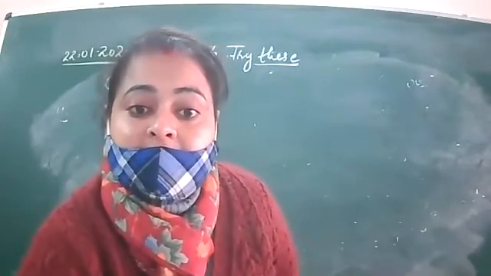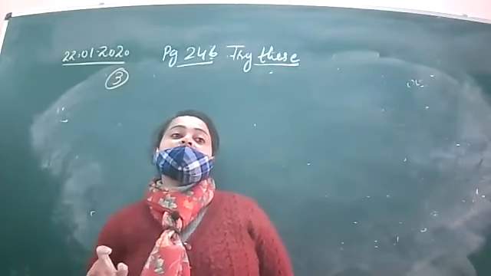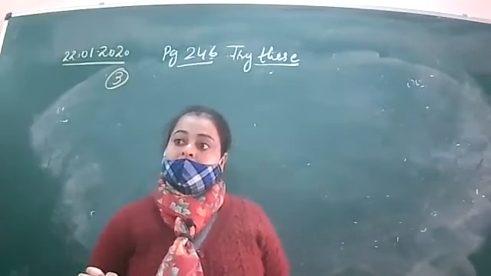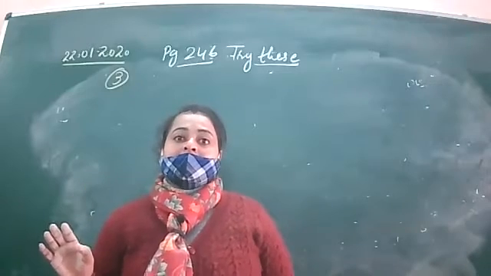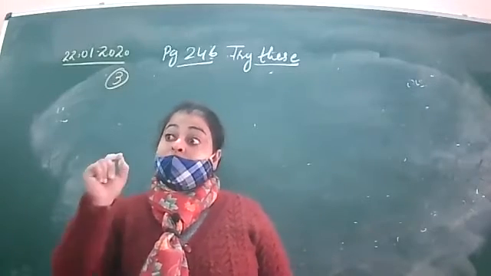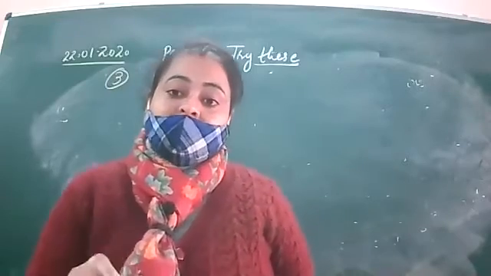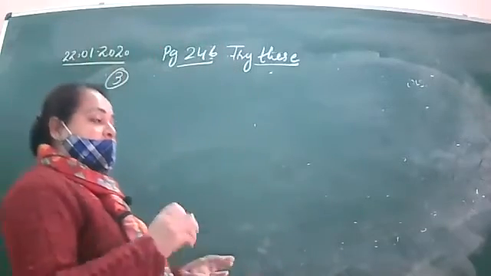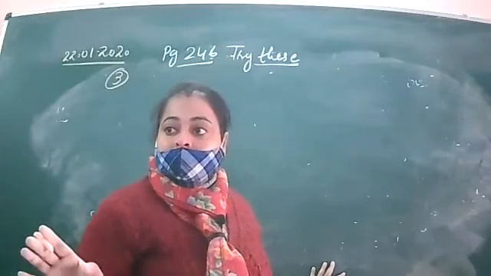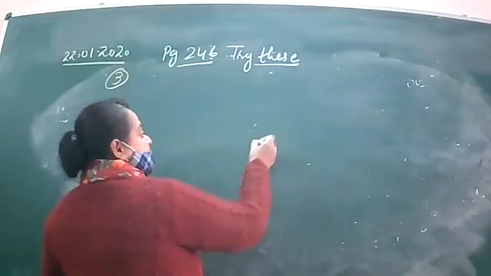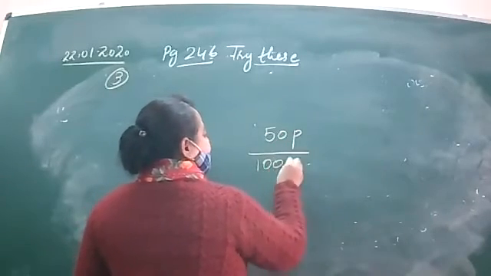In proportion, we can ignore units because proportion is based on the concept of ratio. So in ratio the cancellation of units has already happened, but in ratio you have to write the units. And very important to note, in ratio you will observe no unit in the end. In the previous question, 50 paisa over 1000 paisa.